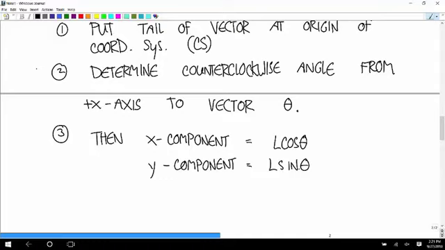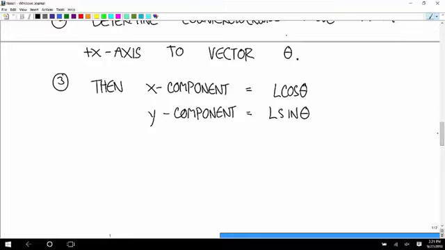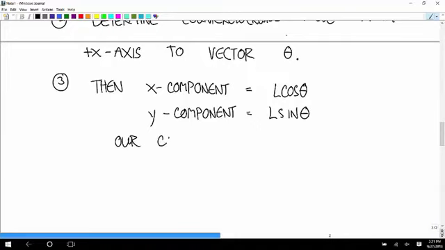And we're going to write this. So our component notation for vectors